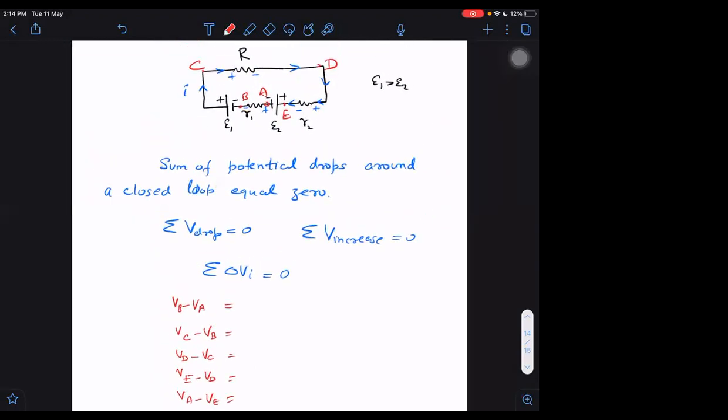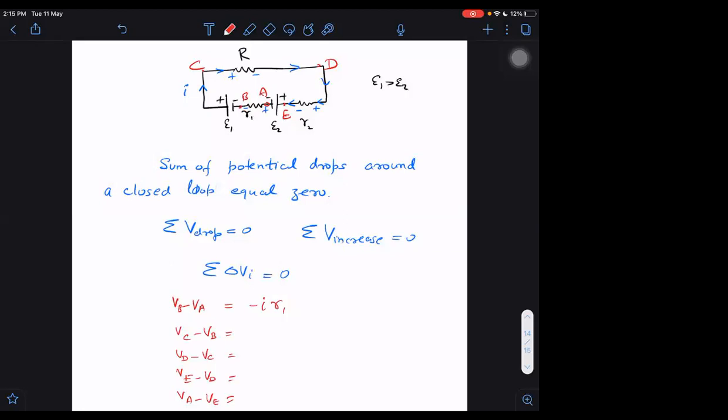Let us start in the beginning. We were writing in this resistance. What is it? VB is smaller, I think. It is minus. Minus means smaller. So I could write it as minus IR1, because VB is smaller as compared to VA. How? Current is flowing from positive to negative. In a resistance, current flows from high potential to low potential. So the potential decreases.